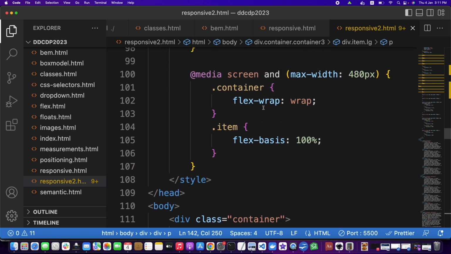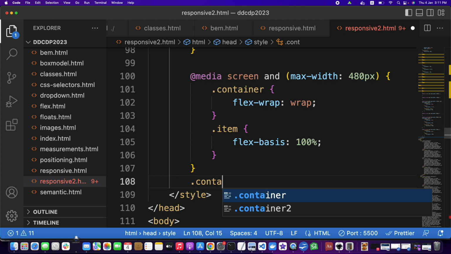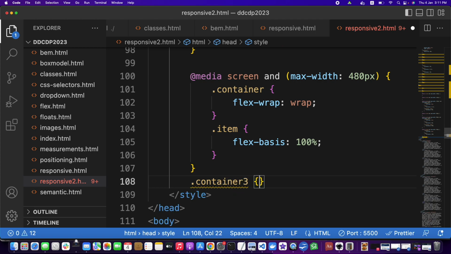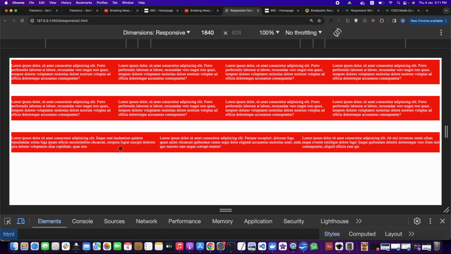Okay, let us give a margin of dot container 3, margin desktop 50 pixel. So it is in 3 columns. Why? Because we have defined 3 items. We have items are 3, but